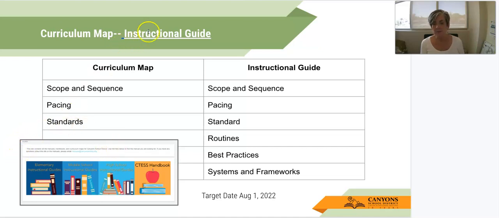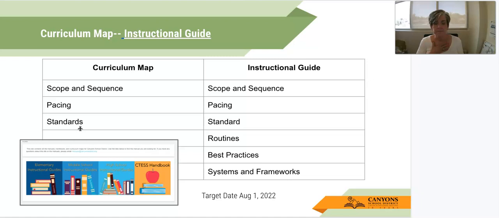So here if you were to click here on the instructional guide, you would see this pop up, and you click on Elementary Instructional Guides. The curriculum map has been changed from curriculum map to instructional guide. So what's the difference between a curriculum map and an instructional guide? A curriculum map has a scope and sequence, pacing, and includes the standards. These three pieces you will get today in your Canvas course,